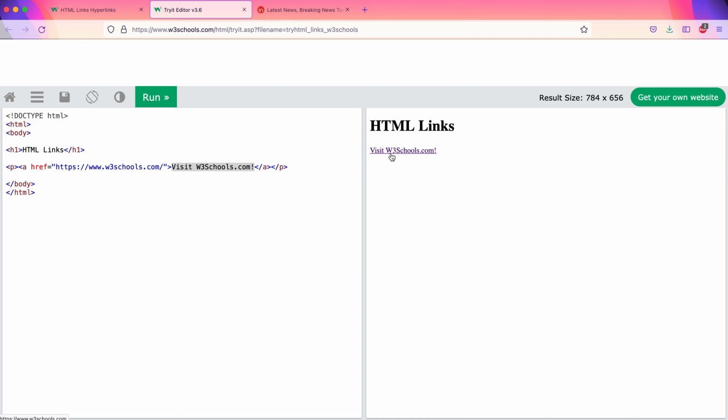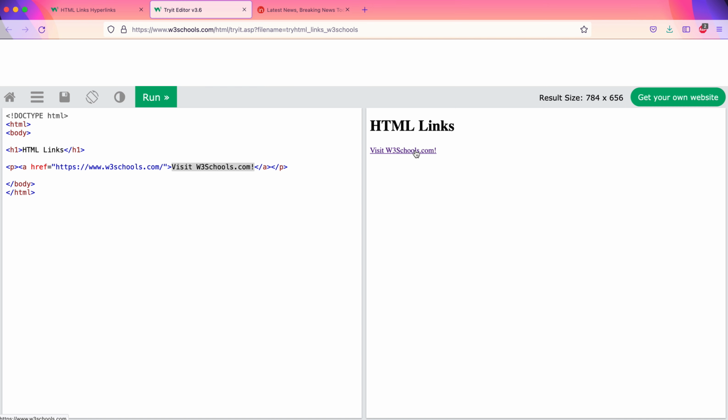www.w3schools.com, and the summary is 'Visit w3schools.com', and you can see how it shows up on the right hand side. Just the summary with the link showing up with an underline and the cursor changing the appearance once we hover over the summary. This is the appearance of a web link or the hyperlink or the URL. Okay, if your browser has a status bar, then when the mouse hovers over the link in the status bar, we get to see the actual URL that the link is trying to get us to.